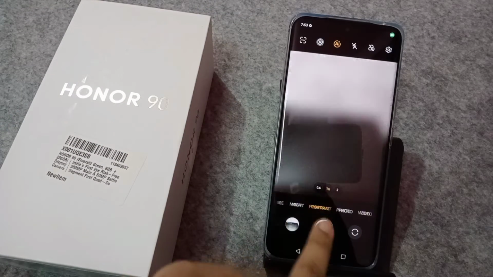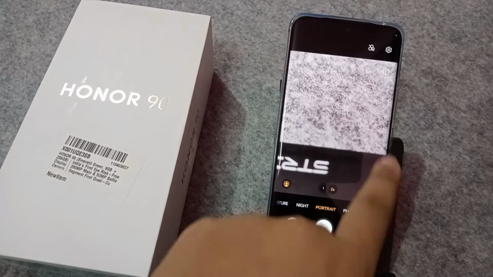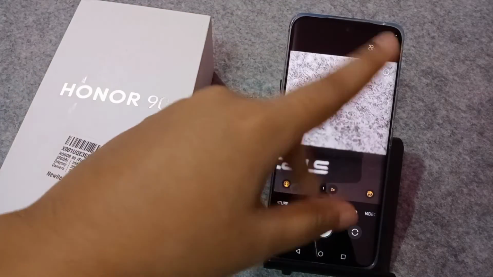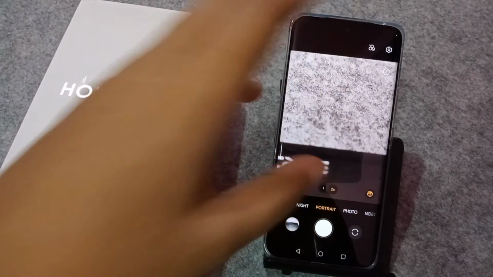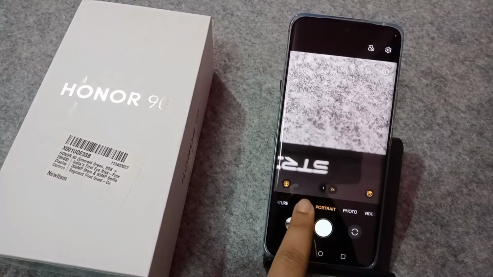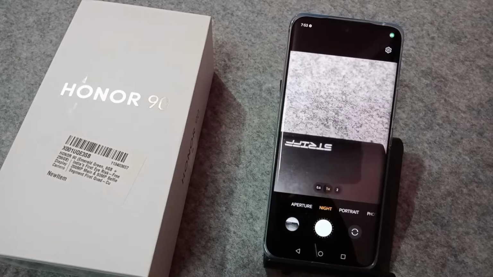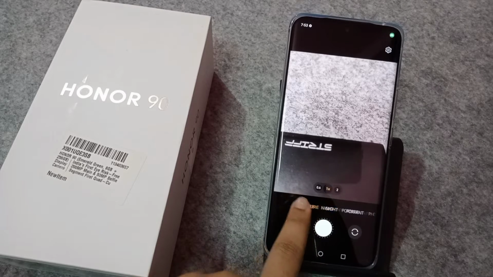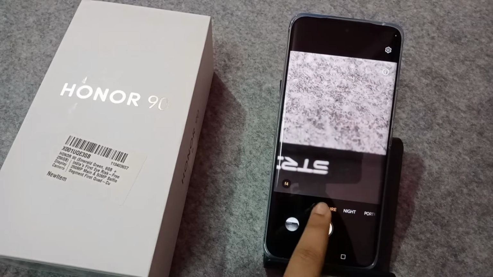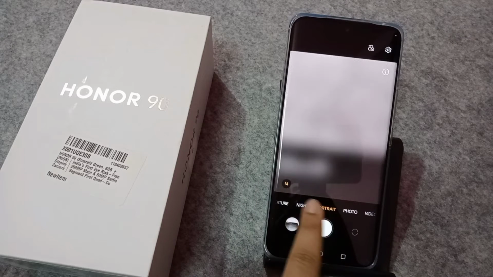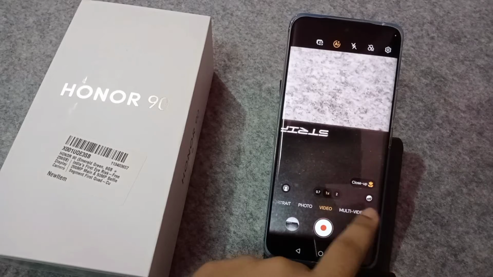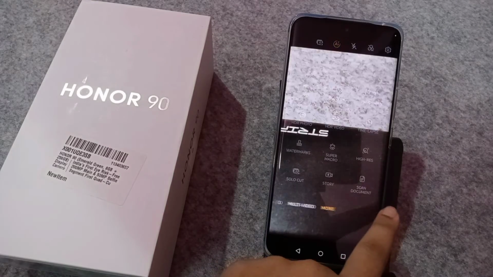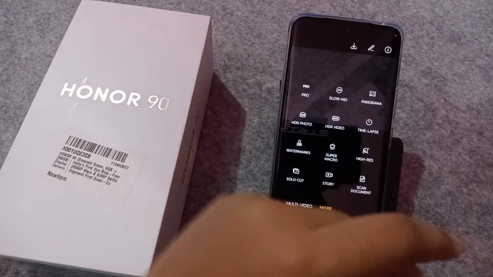And this is the portrait mode, which blurs the background, but it will not blur your object. And here is the night, and here is the aperture. I think this is new for me, aperture. I have not clicked it. So friends, when you tap on this more options, here you can see under the more